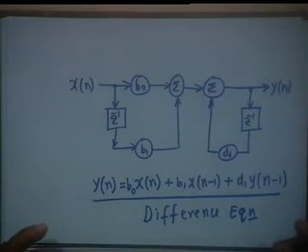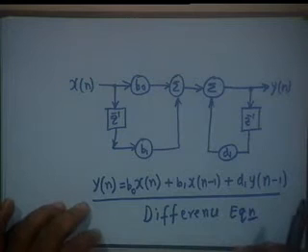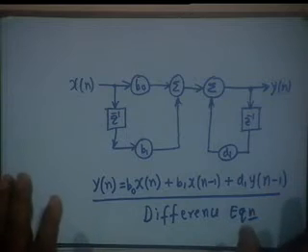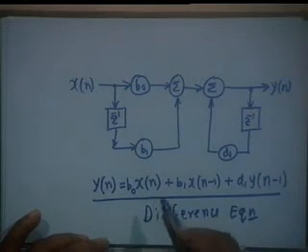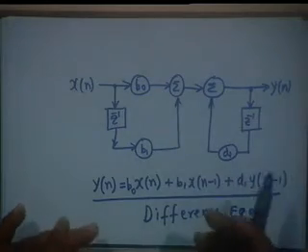Any dynamic system will be described by a difference equation, and a difference equation can always be represented by a schematic diagram like this. This diagram represents hardware as well as software. In terms of hardware, you require delay elements, you require multipliers, that is accumulators, you require summers, again accumulators, and in terms of software it shows what things are to be multiplied by what and which signal has to be retrieved from the storage. So, it is a hardware as well as software description of a digital system.